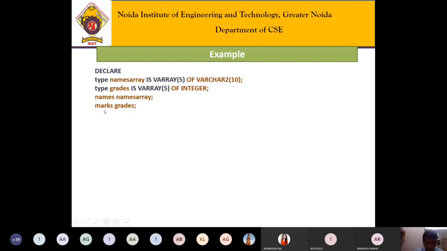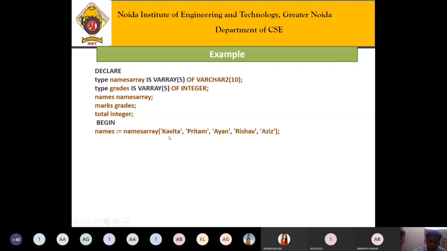See here, we have initialized some values into the array. Like names, we have initialized names with names array. The names array is the type. So in that we have 5 elements like Kavita, Preetam, Ayan, Rishabh, Ajit. So all these values are assigned to names. So these are stored as name 1, name 2, name 3, name 4, and name 5. See here, marks is again an array that contains 5 elements. These are the integer type.